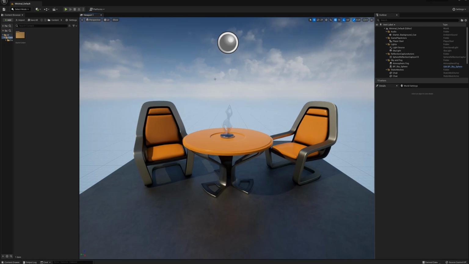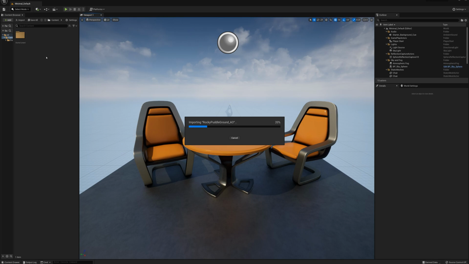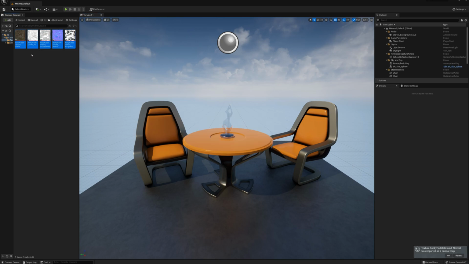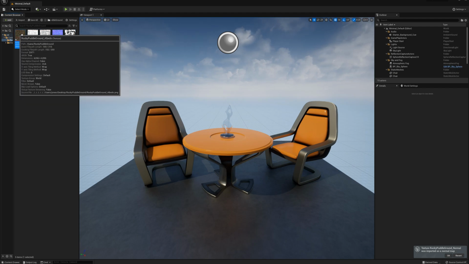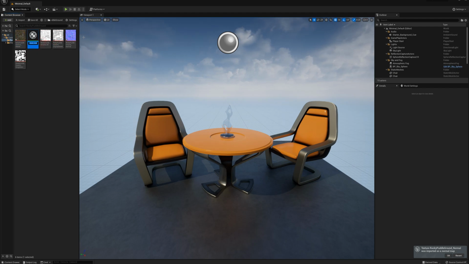Okay, so I've moved over to Unreal Engine here, and I've just made a new blank project with the starter content enabled. And the first thing that I'm going to do is just drag in that folder that I exported from Quixel Mixer. I'll just drop that in my content folder here. And I'll make a new material now. So I'll click on the albedo map here, right click, say create material, and I'll call this the Rocky Puddle Ground